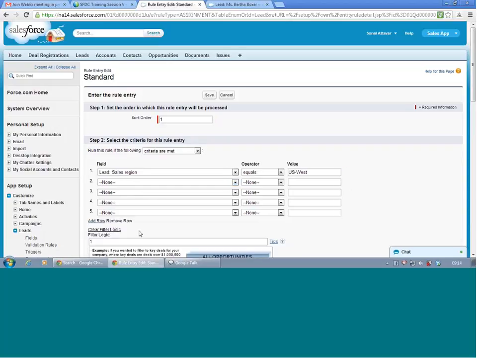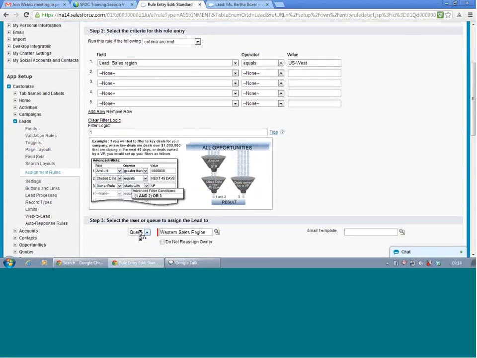So this is the expression builder. Now you see automatically all the ANDs are removed. Now you can add criteria and you can put any kind of logic. You see the example here, you can put 1 AND 2 OR 3 or something. So you have both AND and OR logic available if you enable this filter logic. This is one way of criteria.